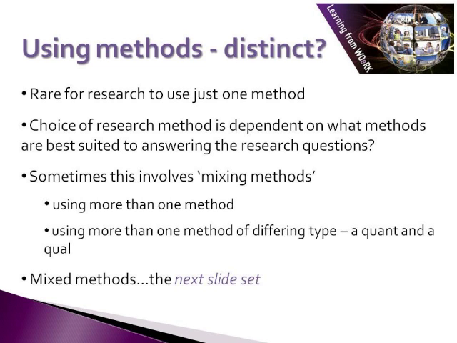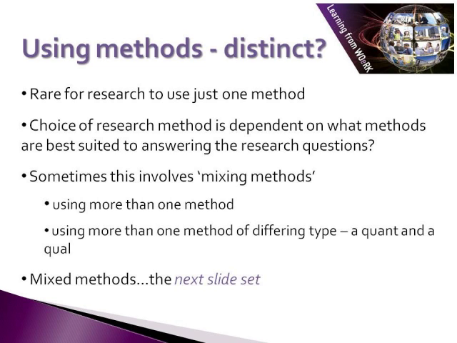Now, using methods, it is very, very rare for research just to use one method. So you're very unlikely to use one quantitative method or one qualitative method to undertake your research. The choice of the research methods that you use is dependent on what methods are best suited to answering your research question. Now, sometimes this will involve mixing your methods, and that is either using more than one method, so using